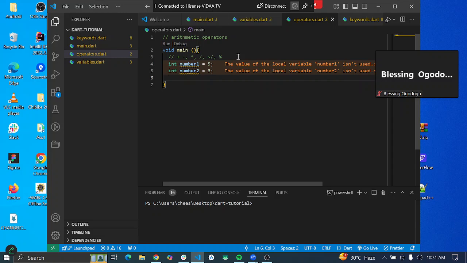We can create a new variable. Since we know that when we add two integer variables the result is going to be an integer, let's create an integer variable and name it result is equal to number1 plus